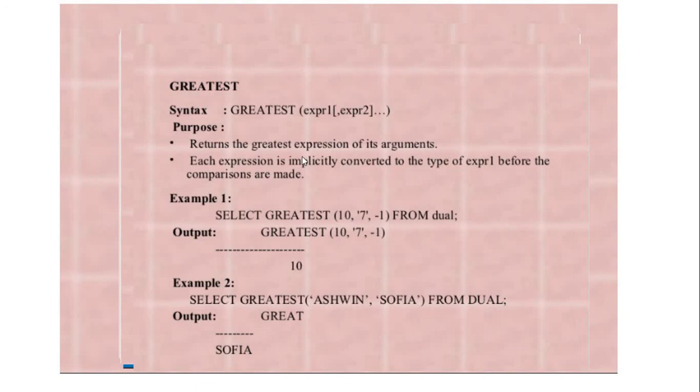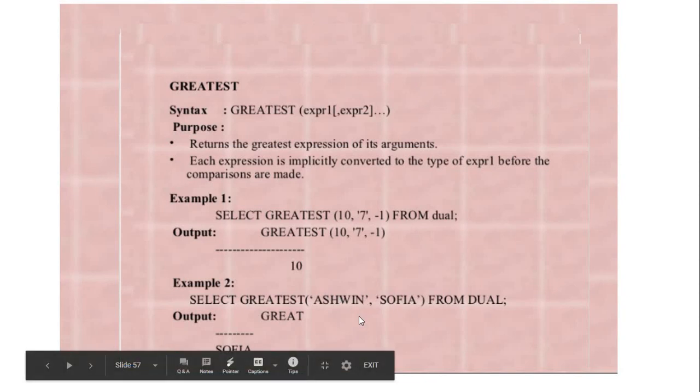But when we have to find the maximum of expressions where the values are not present as columns, then we may apply this greatest function. And when we pass some strings as input to this function, it will compare those strings as per the first character of these strings, and on the basis of their ASCII values, which one is the largest will be decided.